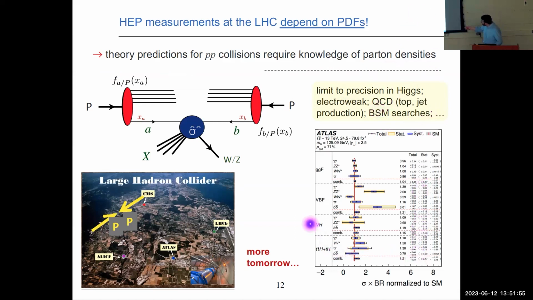And the name of the game in this area, as I'll explain in a little bit more detail tomorrow, is that I want to be able to calculate the standard model expectations for all of these different processes, in this case relevant, for instance, for Higgs production, and observe the detailed couplings of the Higgs to other standard model particles with ever greater precision. And it turns out that the PDF limitations are really crucial in the name of the game of getting things better. Are there any questions about any of this? Please feel free to interrupt and ask.